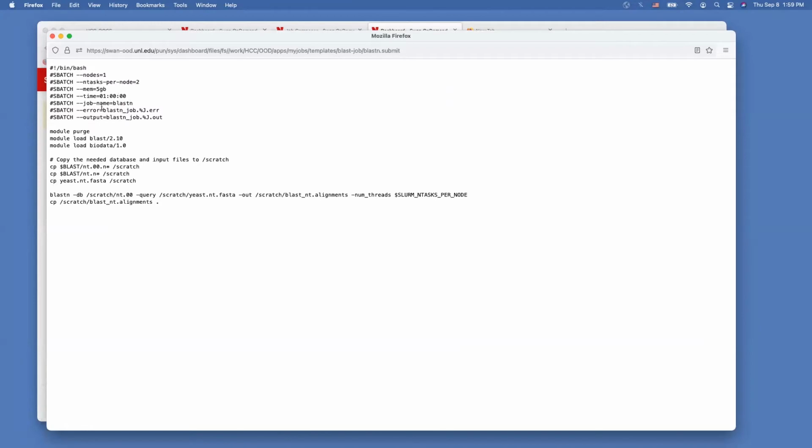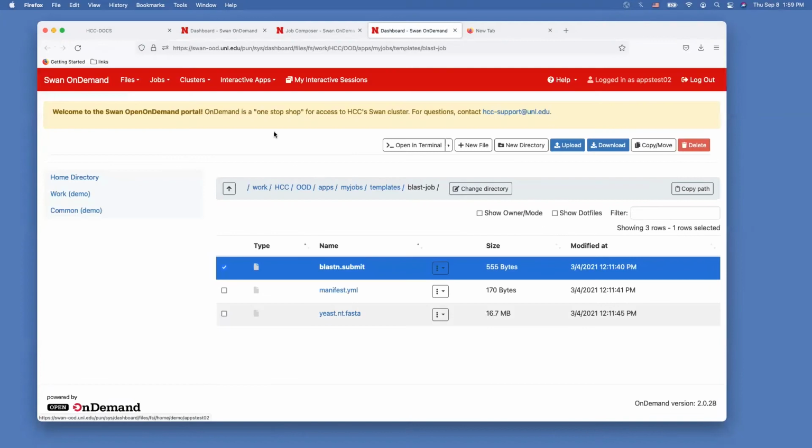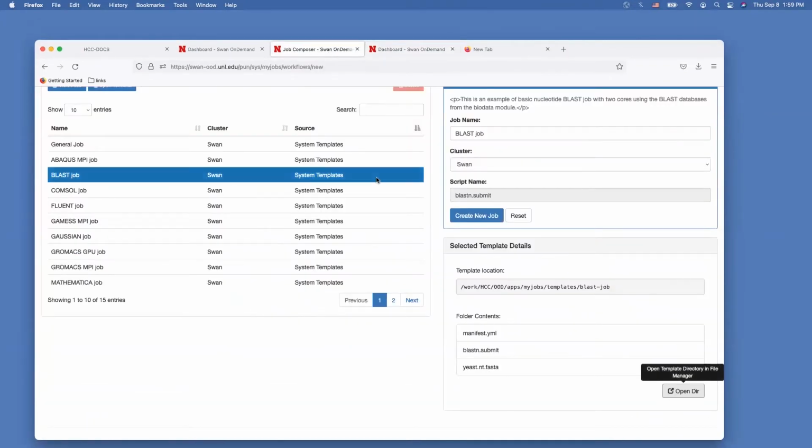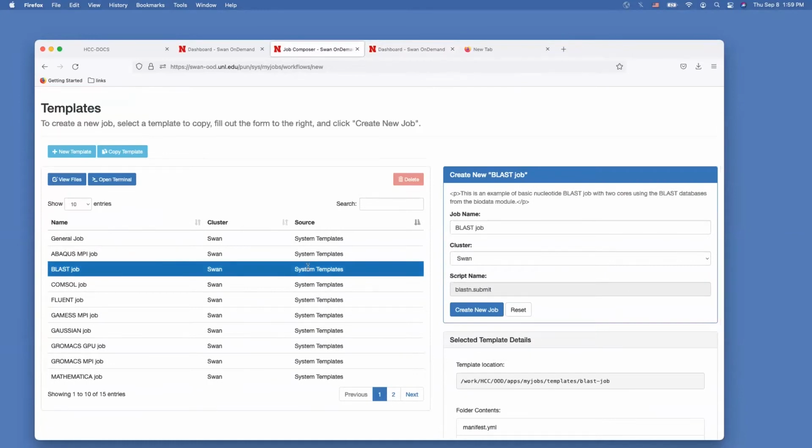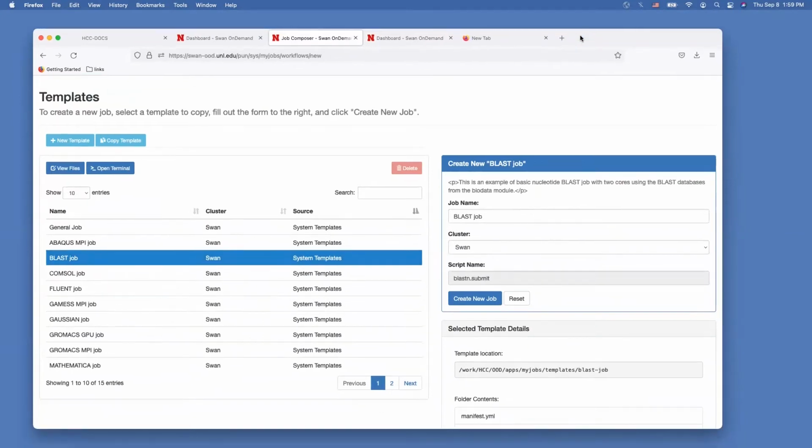As you will see, this is the submit file that was mentioned in one of the earlier sessions. We have the sbatch commands, and we also have the part that actually calls the tool we want to use and run it accordingly. So let's just run this job as it is. We just select the currently existing template, go on create new job,